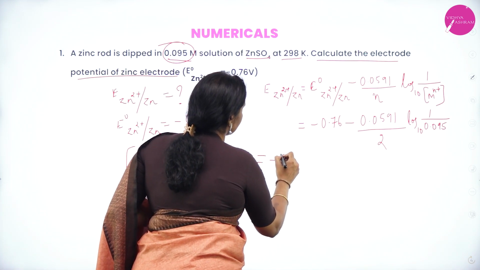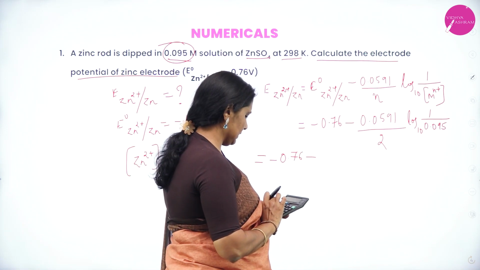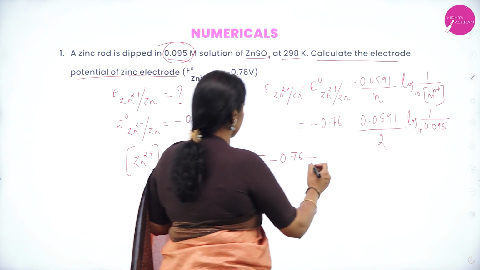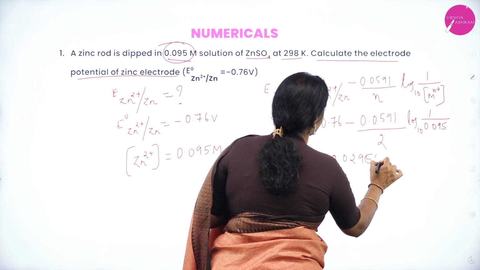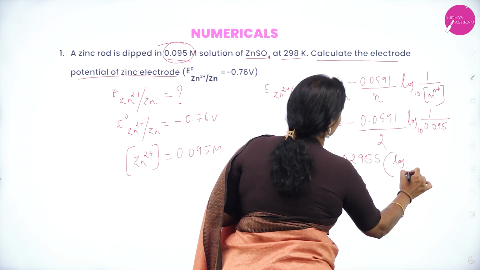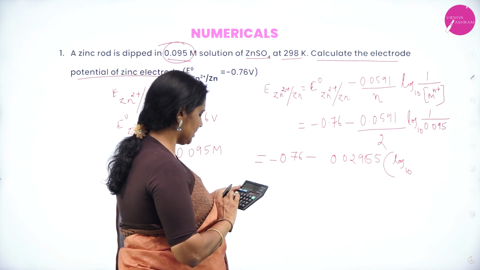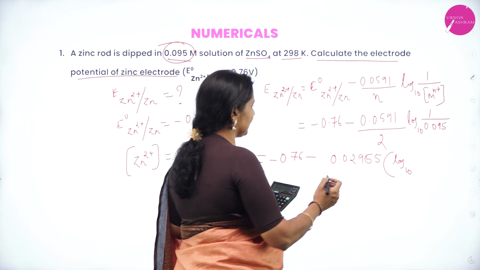Now it is minus 0.76 minus 0.0591 divided by 2, which is equal to 0.02955 into log to the base 10 of 1 by 0.095. It is equal to